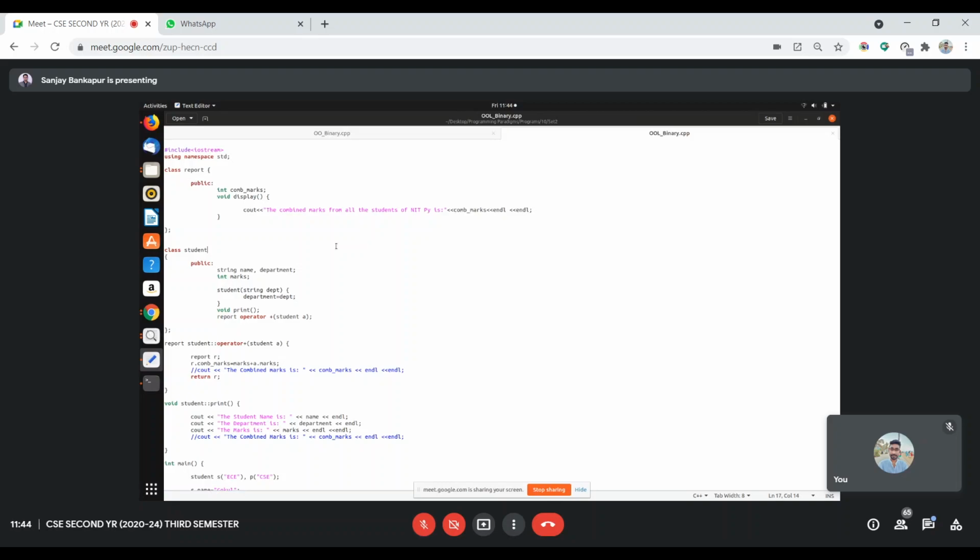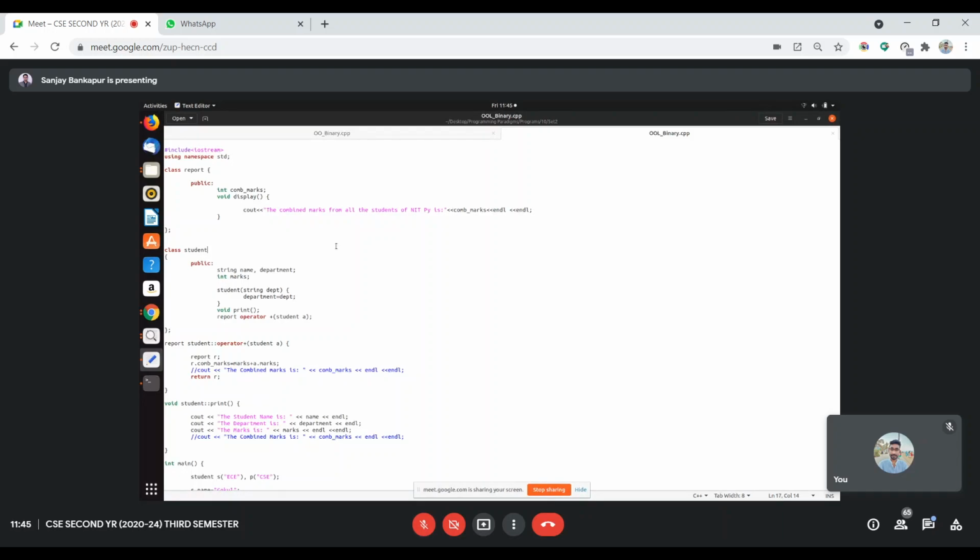So what we did is we removed that combined marks class, and we created one more class called Report, where we kept all the information. By this, if there are more than two students, they can also be added using the plus operator. How can it be added? Multiple operands with plus is a tricky thing. I want all the students to try it out and come up with the solution. Right now I have given an example for only two operands with one operator. If multiple students are there, how best can we implement or realize that?